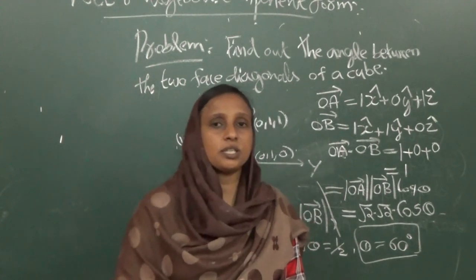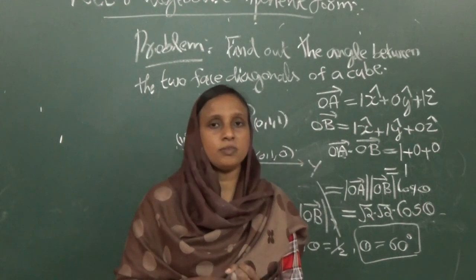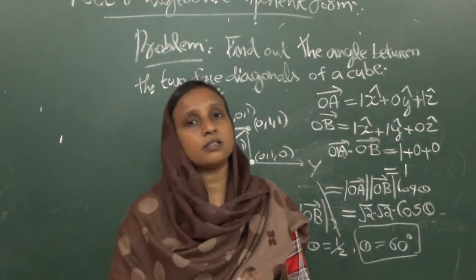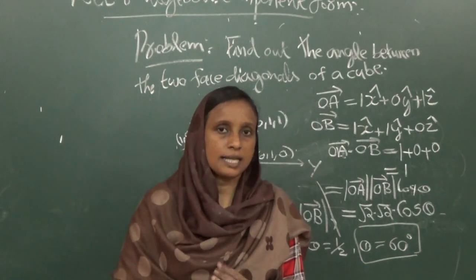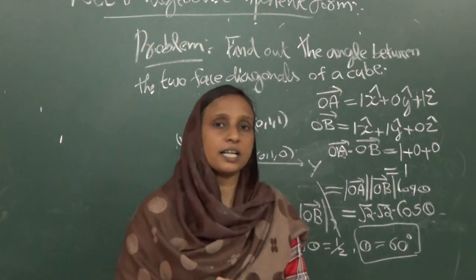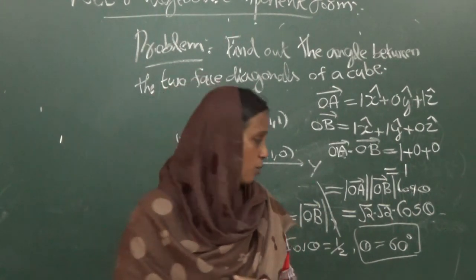So using the component form of vectors and its abstract form, you can find out the angle between different vectors in a polyhedron. As an example, we found the angle between the two face diagonals of a cube. Now you can extend this problem to find out the